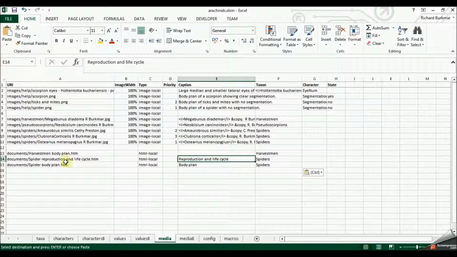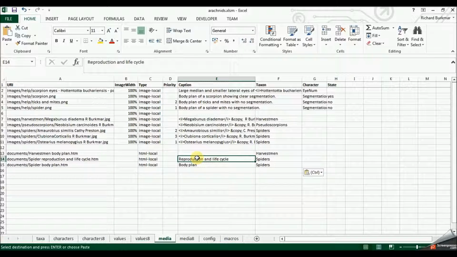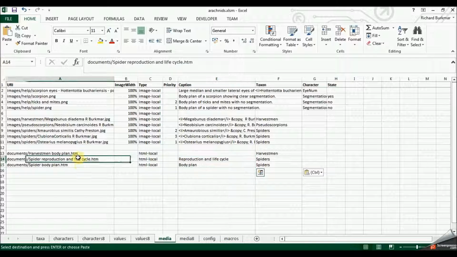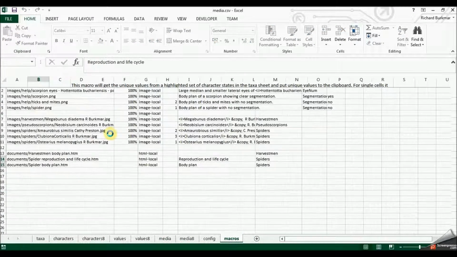Now you can see, because I've got two documents, both associated with spiders, this will present these to us in a drop-down list, and the text that appears in the drop-down list for each item is the caption here. So if you've got more than one, you do have to have a caption in here. Okay, so let's save that,